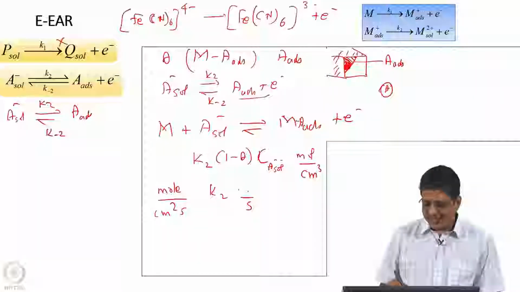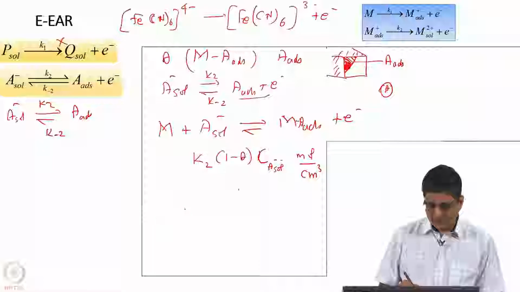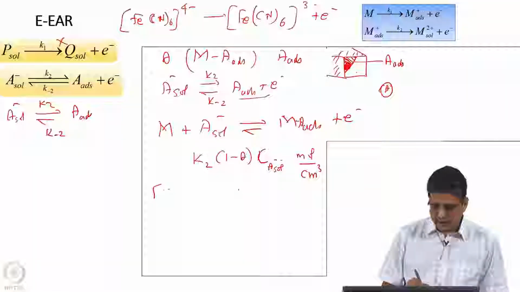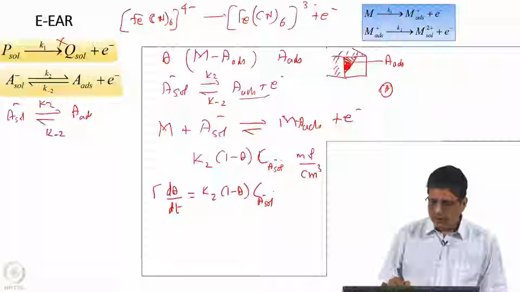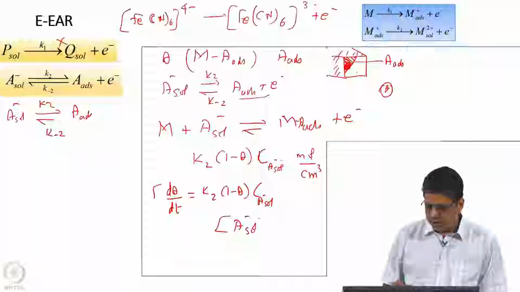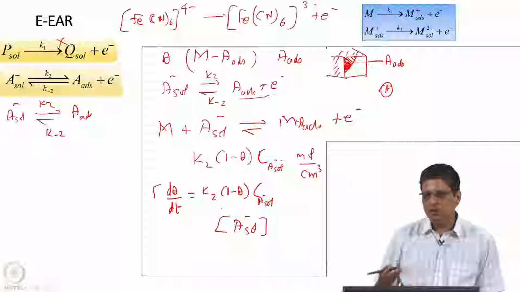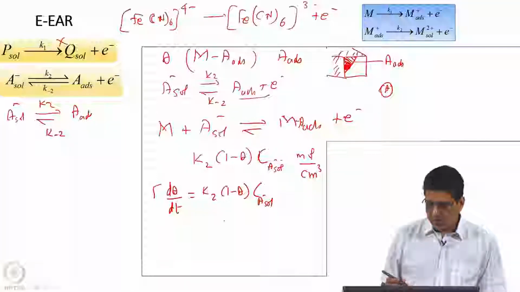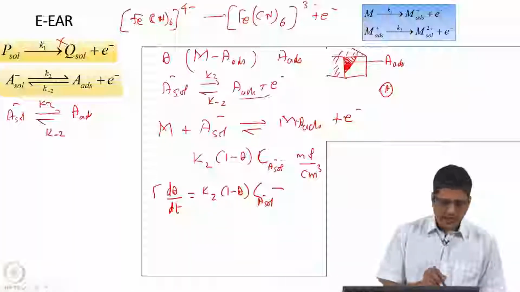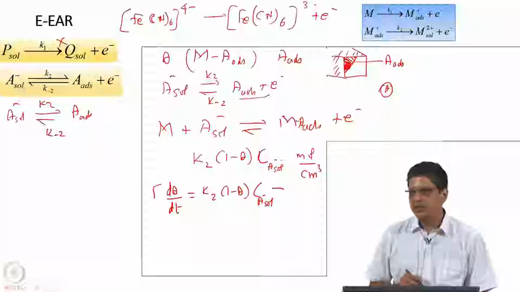So, now I would like you to write the rate of the reverse reaction. I want to say the rate of increase in theta with respect to time is going to be, C_A solution is a constant for now. So, C subscript A, within that I am putting A minus solution, you can put it in a different way. Some publications will put this in a square bracket to indicate it is an activity, which is also taken as a concentration, because the activity coefficient is taken as 1 in these cases, minus. So, the forward reaction will produce the adsorbed species A, the reverse reaction will consume it.